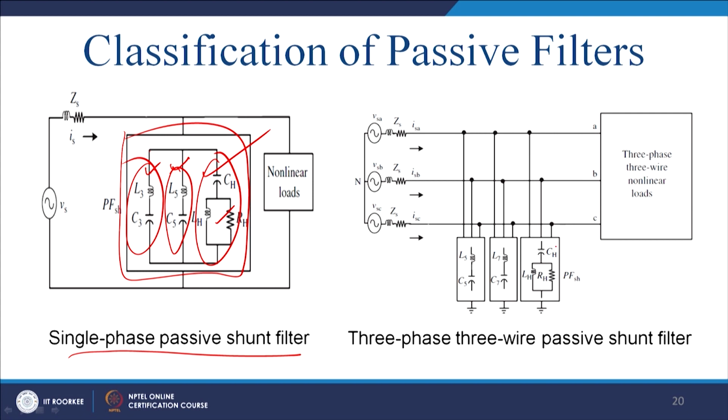Same way, since it is a 3-phase 3-wire system, the harmonic content is 6n plus minus 1, that is your first, thereafter 5th, 7th, 11th, 13th. So, for this reason it is in a star combination. It is connected between 3 lines and it will be tuned to the 5th harmonic. Same way, this will be tuned to the 7th harmonic, and all the other harmonics above 7 will be eliminated by this filter.